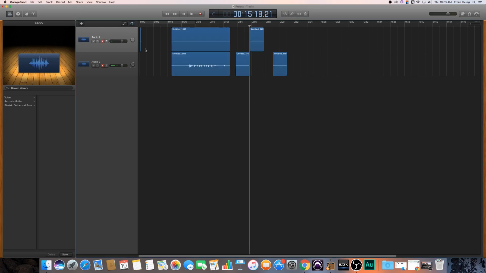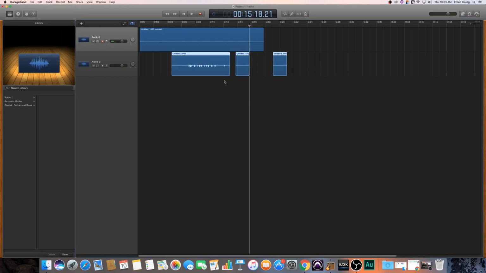Actually, we're not going to want to do that. So we're going to want to click select everything in your track. You can do that by dragging and clicking or whatever you need to do. So after doing that, you'll want to join your clips. Now you can do that by either using Command J or clicking Join Regions, and it will create a new